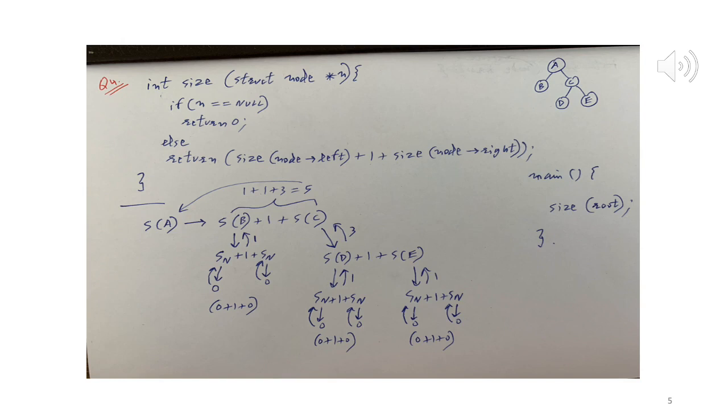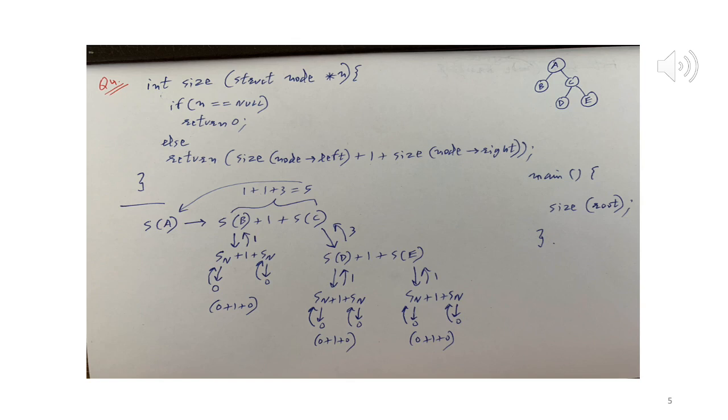Okay. So now you can see the recursion. Once again, the number of nodes in the tree is equal to the number of nodes in the root, which is 1, plus the number of nodes in the left subtree plus the number of nodes in the right subtree. Again, with the left subtree we divide it 3 ways, and we keep the recursion going.